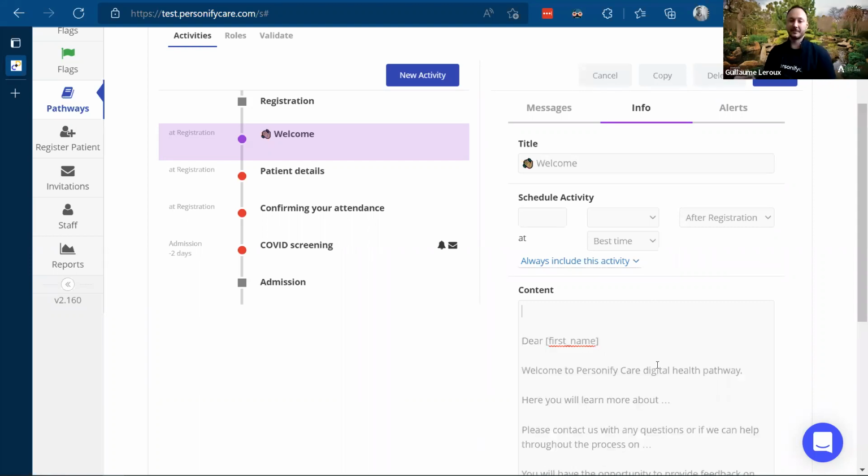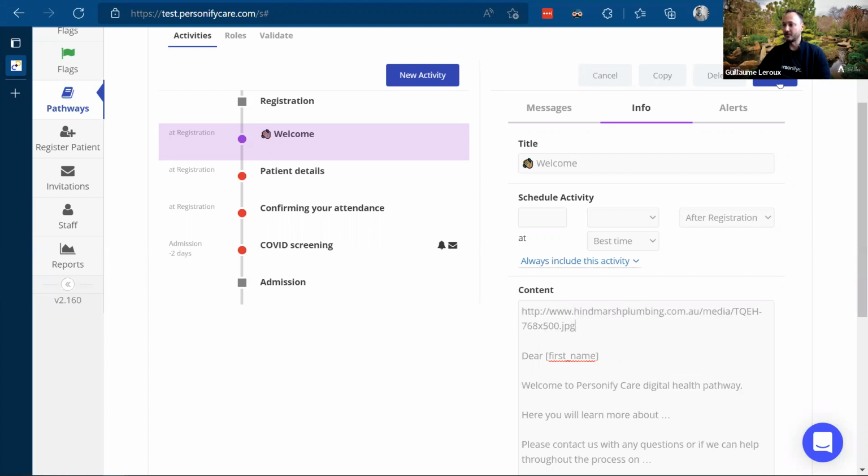The system accepts any picture that's living on the web, right? So if it's in the cloud, the JPEG lives on your website. That means that this JPEG is owned by the hospital, the copyright is owned by the hospital. It's also hosted by the IT team in the hospital. Then you can simply take the hyperlink from your website and use it right away in Personify Care to input